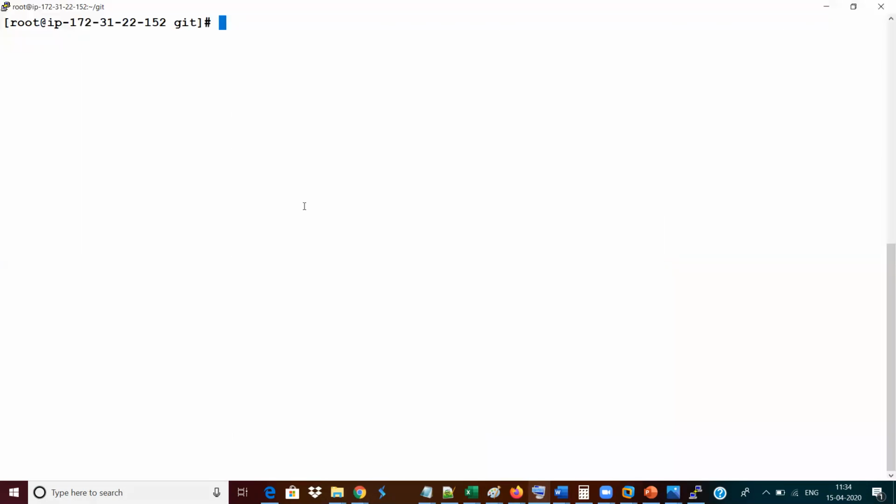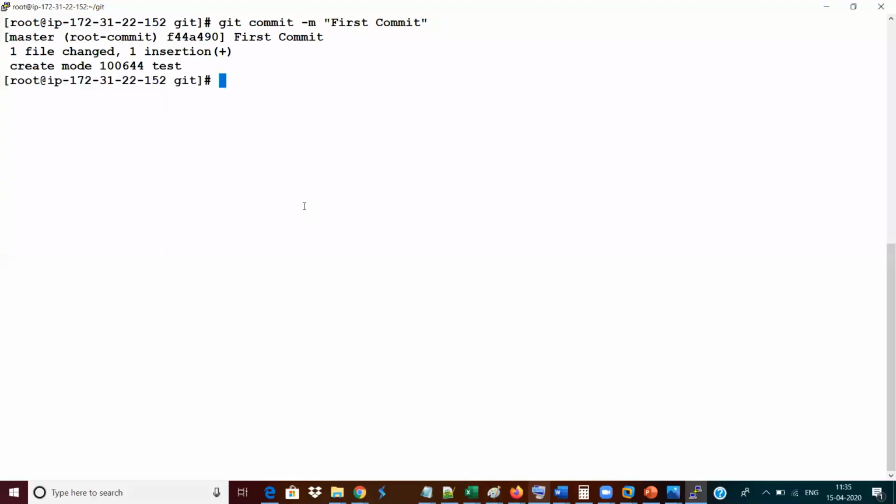So check out here, now I'm going to use a command called git commit. Git commit is a command which is used for me to pass on a message. So git commit -m I need to give, definitely, because I need to pass on a message. What's the message I'm going to pass now? First commit. Why? Because I have added a new file and I have added one line into that file, right? Do you remember the line? The line is first line. So I have added that and I have committed it. So now I'm going to give git commit -m first commit. Once I press enter, my commit operation is also added.